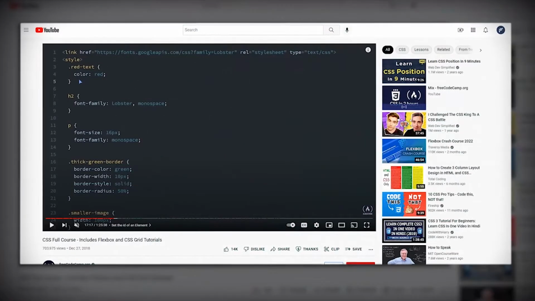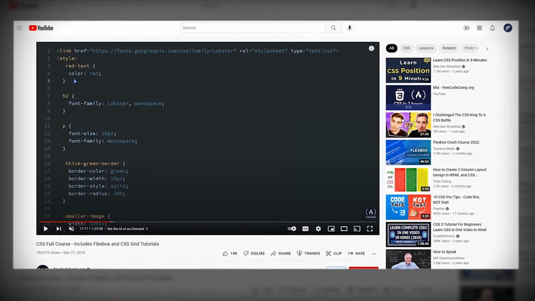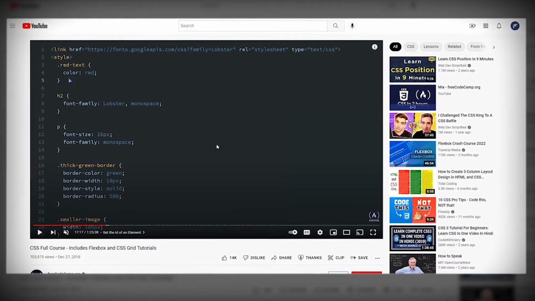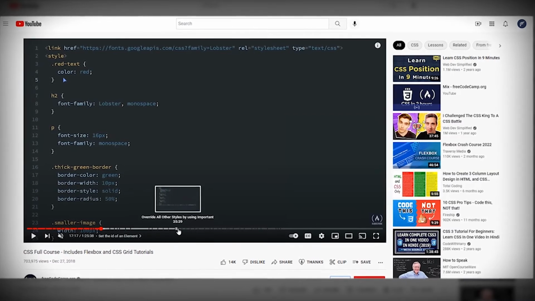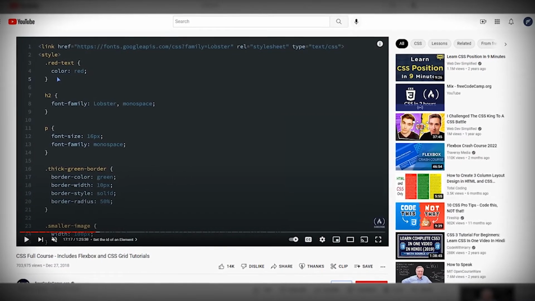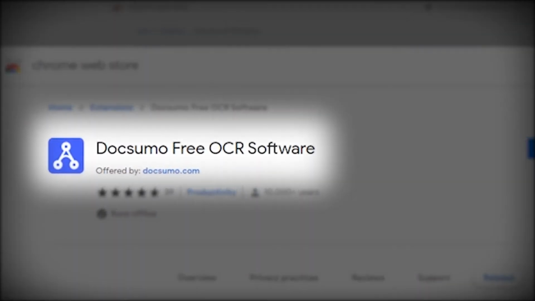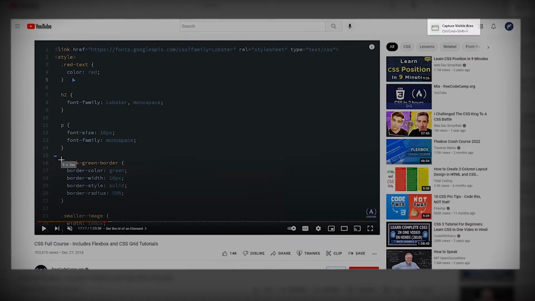Let's get on it. Alright, so first use case. Imagine you're watching an interesting video where they display text on it. Let's take an example with this CSS tutorial video here. And you want to learn by watching, but as well by practicing, by modifying the CSS code while following the video. So for that, you're going to use a Chrome extension called DocSumo Free OCR software, which will allow you to select a specific zone